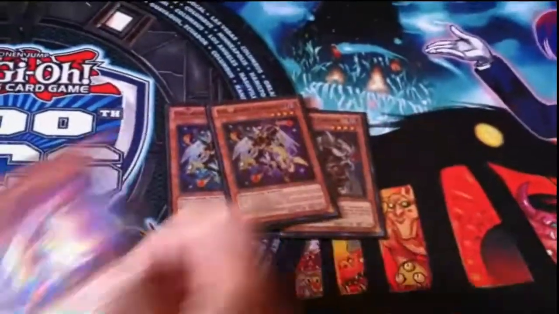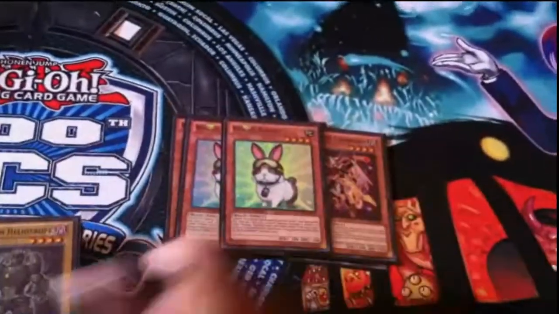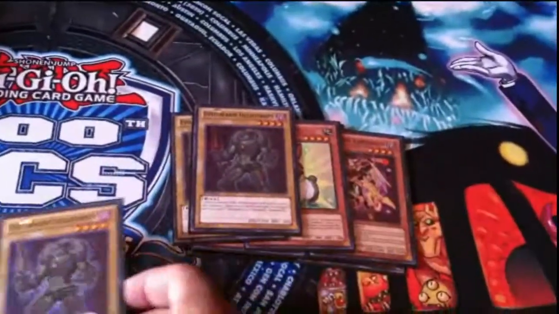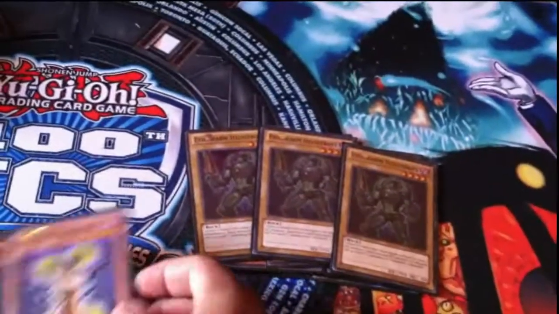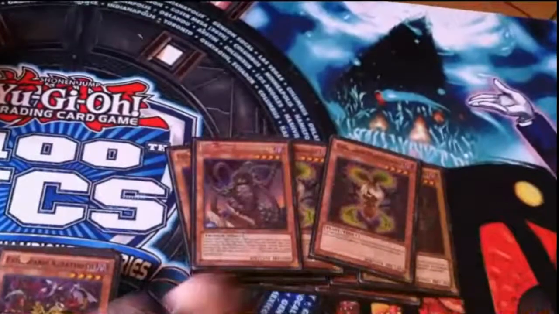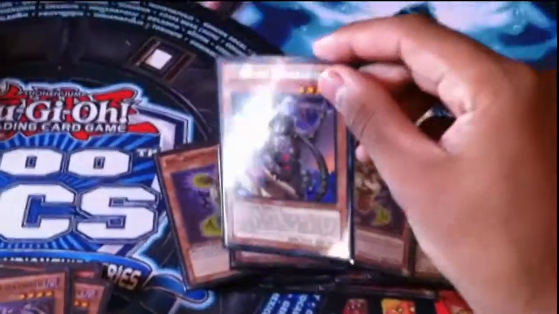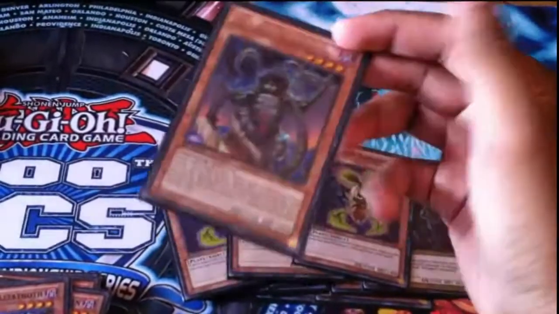3 Kirkion, the double rabbit, triple heliotrope, triple mandragora, 1 thunderbird. So people think it's really weird that we just run 1 thunderbird, but I think it's not as